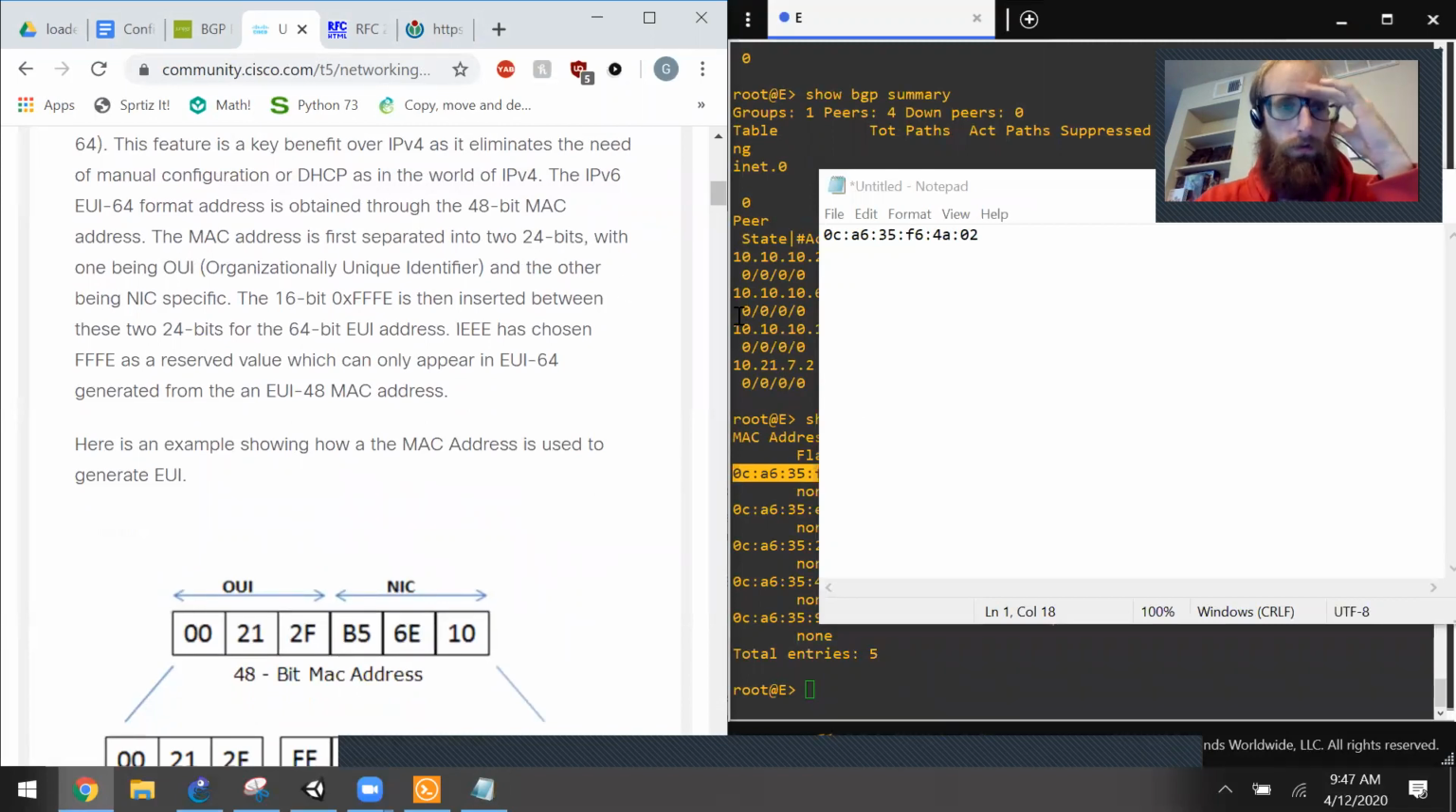So the MAC address is first separated into two 24 bits. So let's do that. There we go. For the 64-bit extended unique identifier address, IEEE has chosen FFFE as a reserved value which can only appear in an extended unique identifier-64 generated from an EUI-48